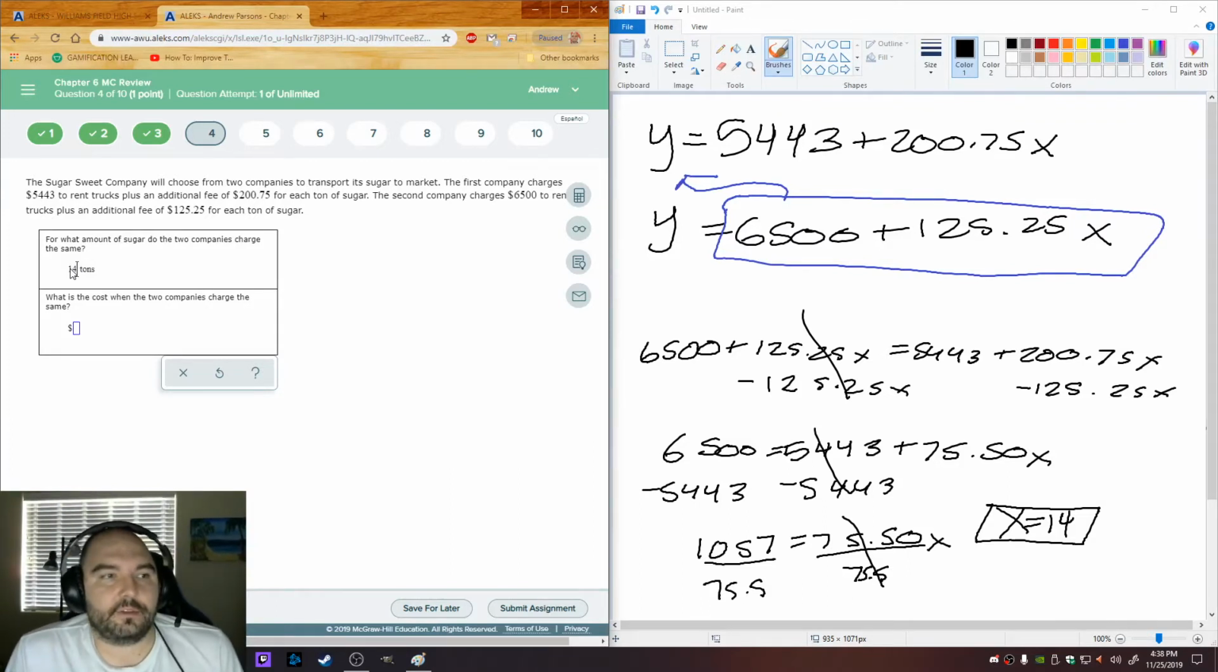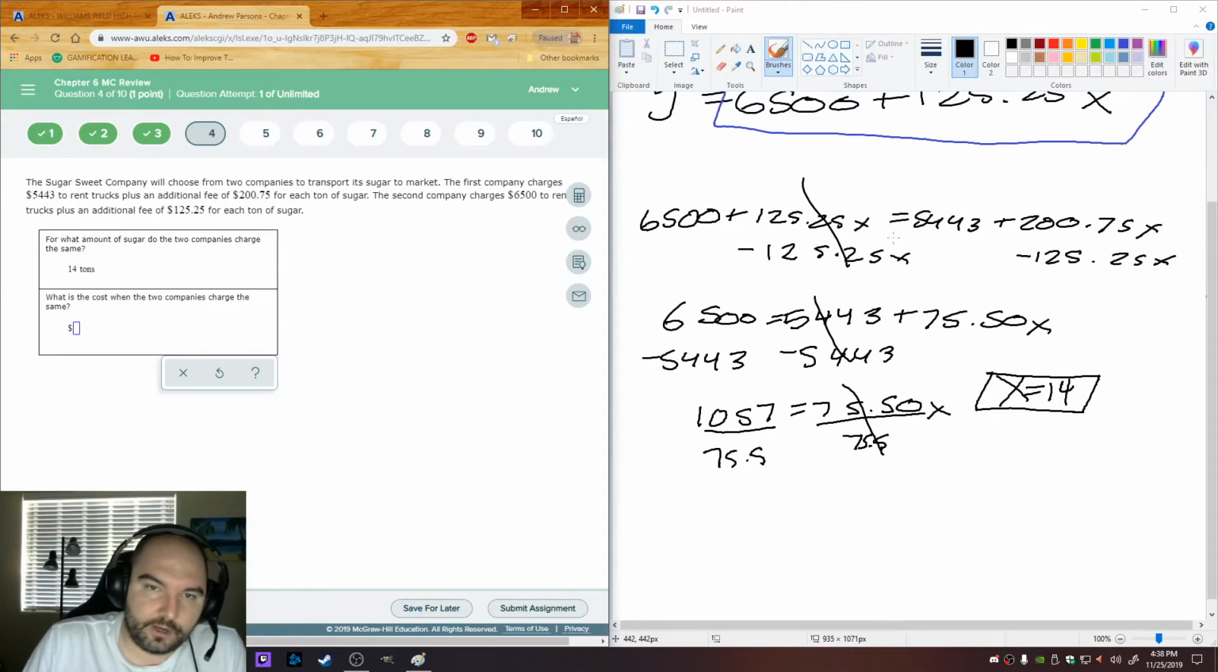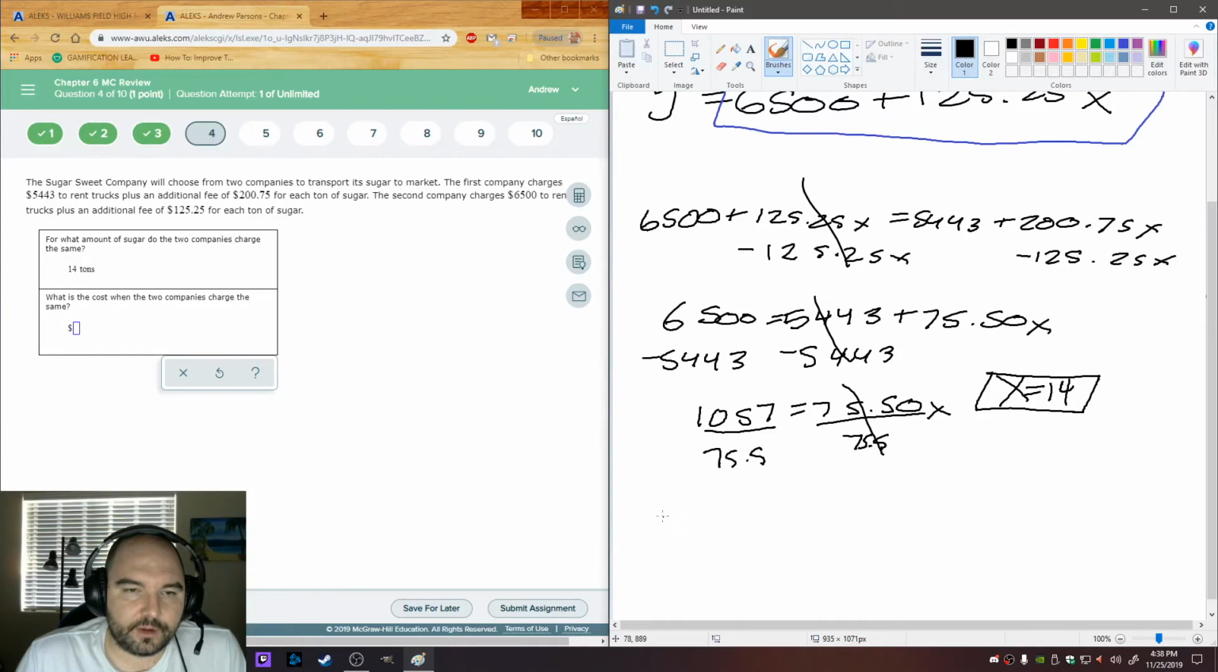What is the cost of the 2 companies when they charge the same? Because 14 tons is how many you take, but what do you pay each company at that point in time? Like, the cost is going to be the same number for either company, but what is that cost? So you're going to plug in 14 to one of these 2 equations. I'll use the bottom one on account that it's mostly visible on the screen presently. So y equals 6,500 plus